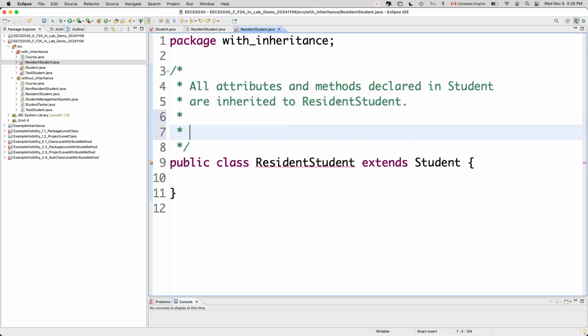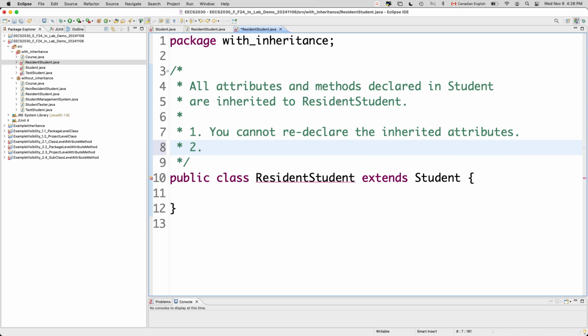And there is some principle you will have to know by the end of the inheritance lecture. There are several things you can do in the subclass. Okay, I'll list them out. Number one, you cannot redeclare the inherited attributes. For example, you cannot redeclare the name, you cannot redeclare the courses again. They are simply there. It's implicit. Okay. Number two,